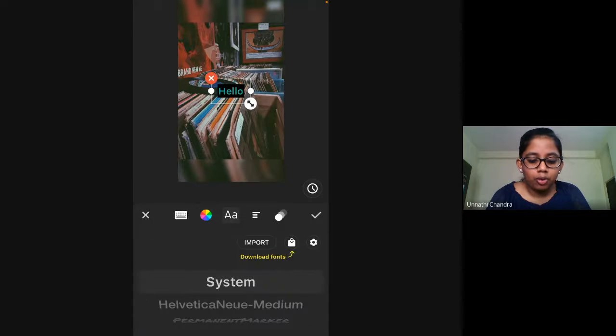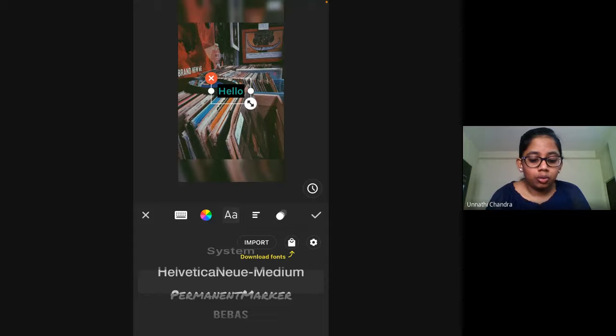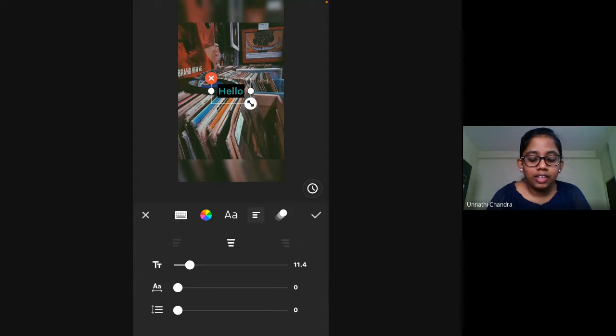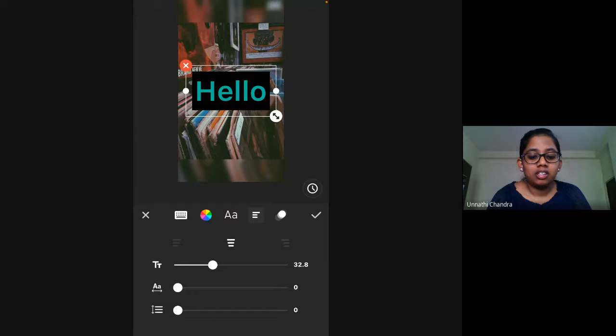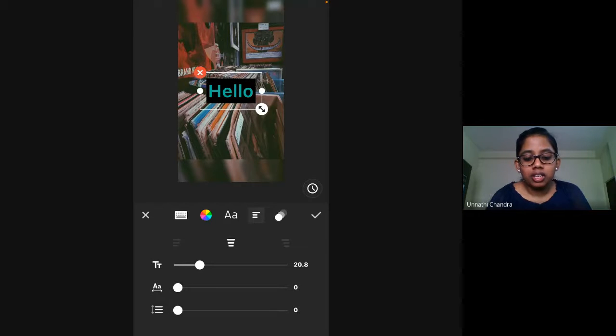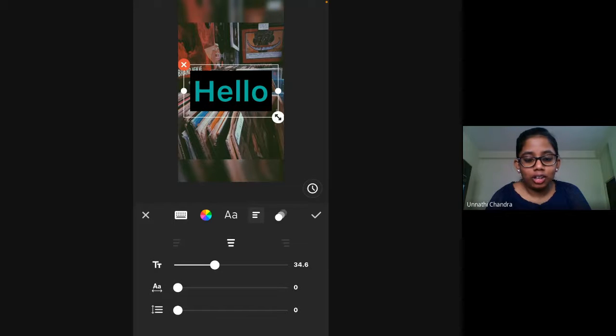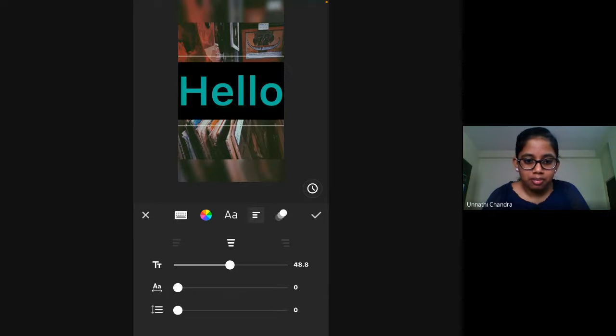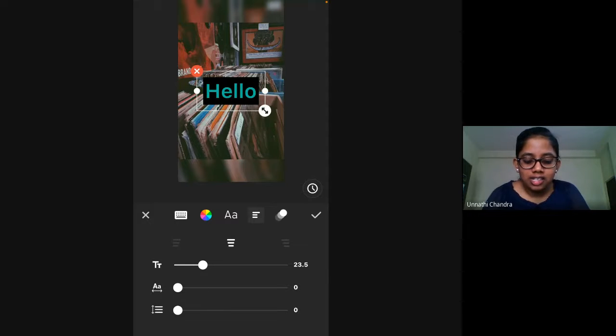After that, you also have fonts available. As you can see, these are the fonts available. You can check out whichever font you want and just use it. And here you have the text size. You can increase it here, or you can click on the arrow and drag it over here. You can't see the difference, but what I'm doing is you can either pinch on the text itself, or use the progression bar here, and increase or decrease the size of the text.